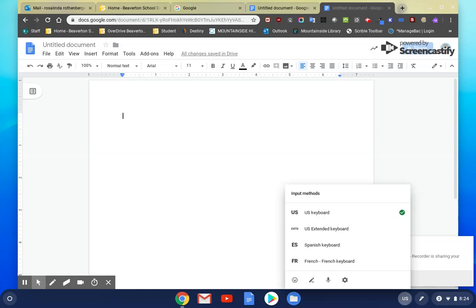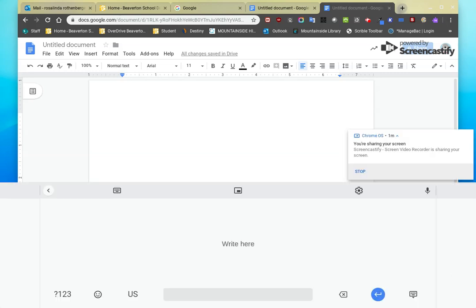So if I click on that, you're going to see that I have the international keyboard, French keyboard, the Spanish keyboard. At the bottom of that, there's a little emoji, so that's an emoji keyboard. There's a stylus icon, a mic, and these are different methods to provide input into your dock. So for right now, I'm going to choose the stylus, and what happens when I select that is you see